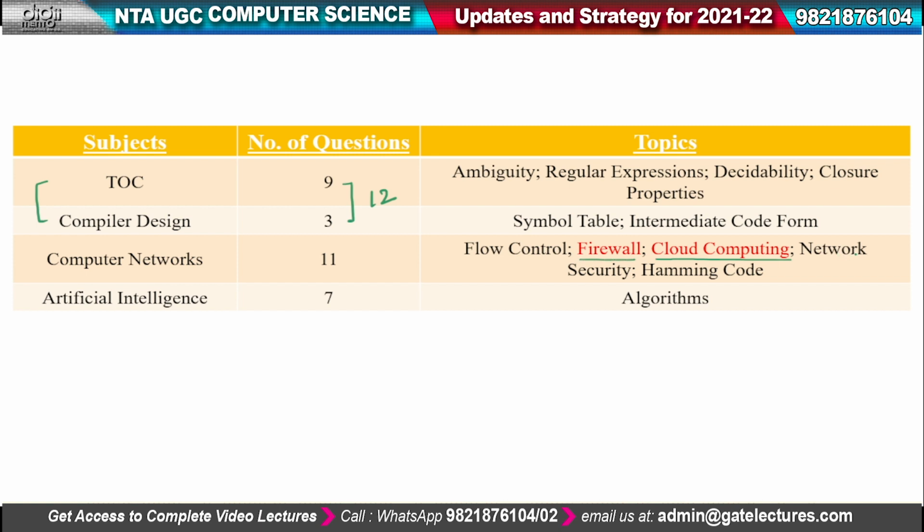नेटवर्क सिक्योरिटी से अराउंड 3-4 क्वेश्चन। ओके, देन हैमिंग कोड, एरर करेक्शन का पार्ट है हैमिंग कोड। And from when this NTA took over this NET exam, उस टाइम से आर्टिफिशियल इंटेलिजेंस की जो इंपॉर्टेंस है वो बहुत ज्यादा बढ़ गई है।